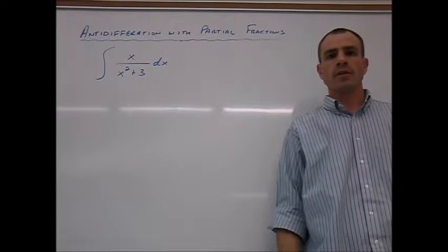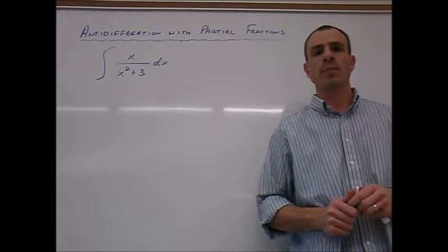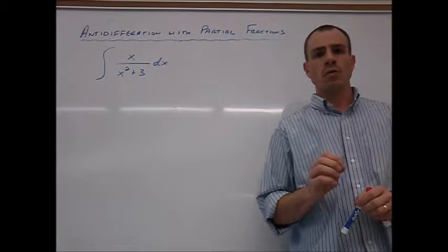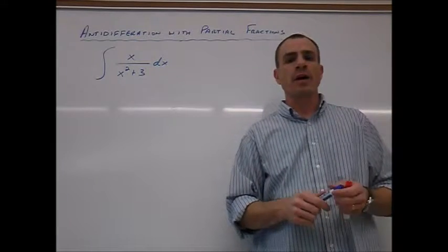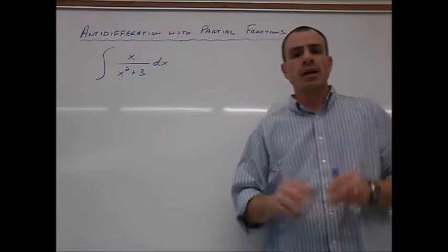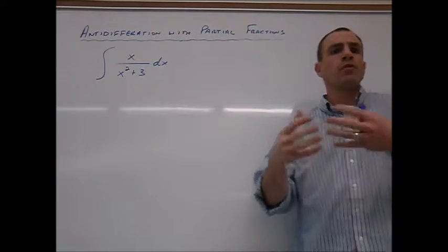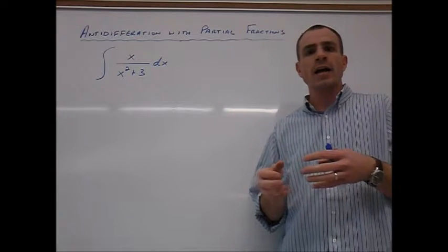Good morning, AP Calculus. Looking at anti-differentiation with partial fractions here. So in the AB course, you were given a problem at some point, something like the antiderivative of x over x squared plus 3 dx. And you looked at this and you knew there was no reverse quotient rule, but you did know that if